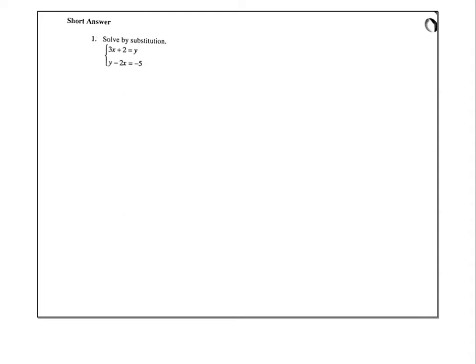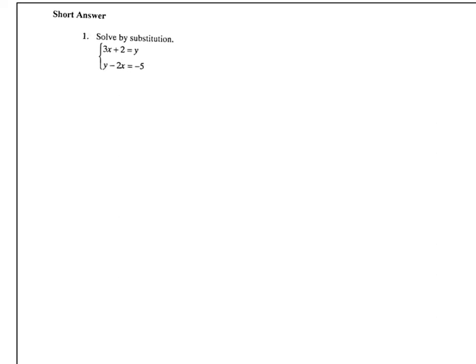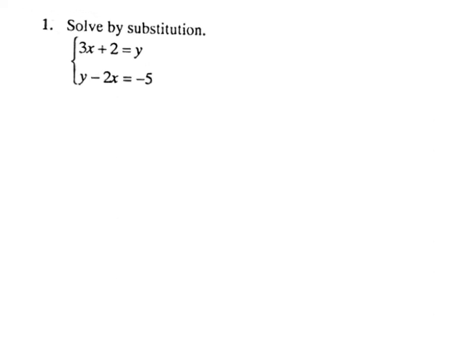Question 5, it's not labeled 1 because it's now a short answer question, says to solve by substitution. So substitution, I'm looking for a variable by itself. And even though this one is written backwards, that y is by itself, so we don't have to solve for an equation. It's already set up for us. So that means in the second equation, I'm going to replace this y with what y is equal to, which is 3x plus 2. So I'm going to put 3x plus 2,